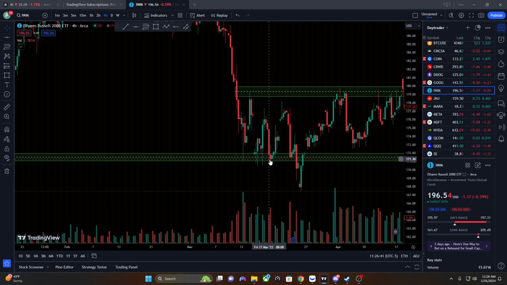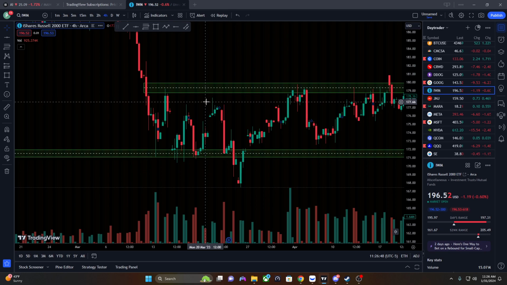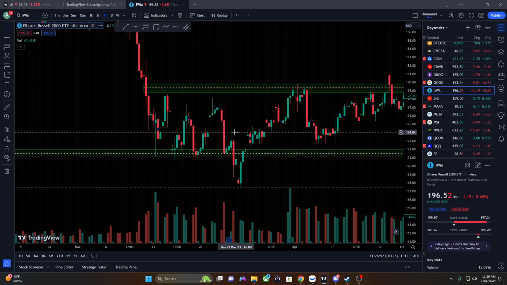The body tried to close below it, but no strong close below the box. And then you see a rejection, it comes back up again. You see another rejection with bodies right here. It comes back up a little bit more, and then it breaks through the box and the line, comes back,